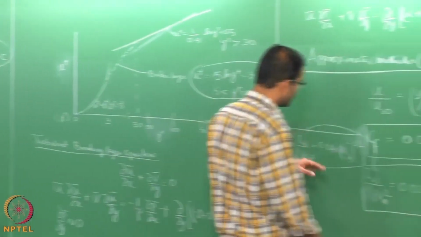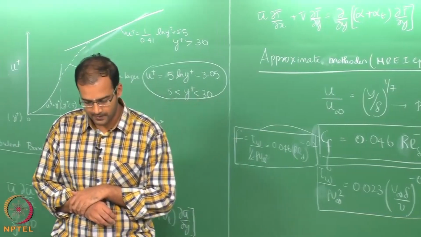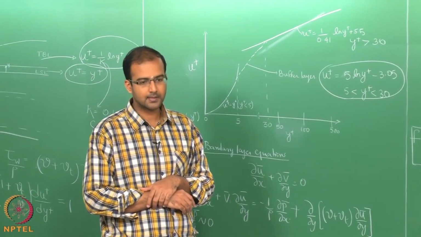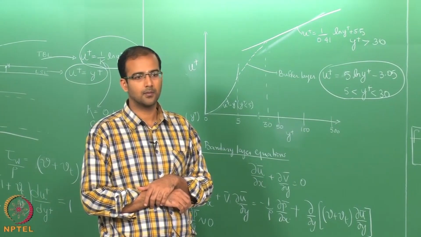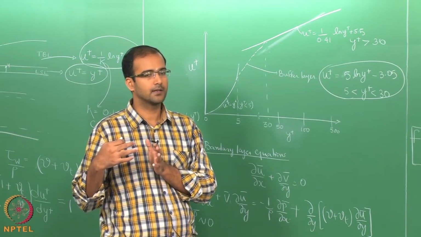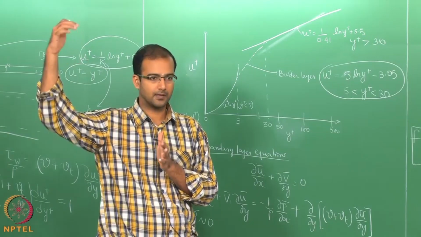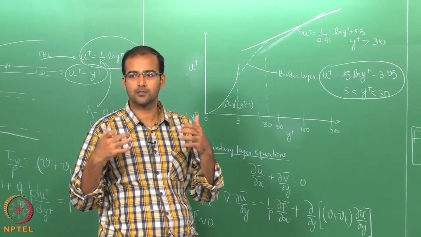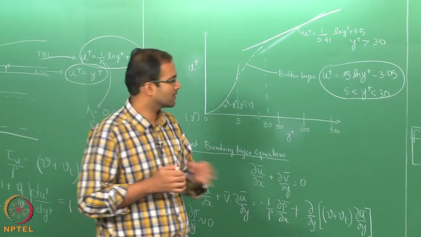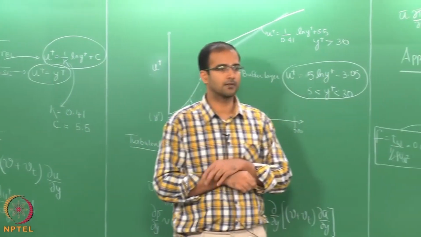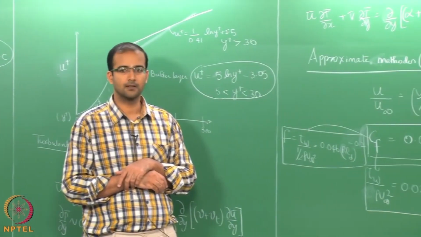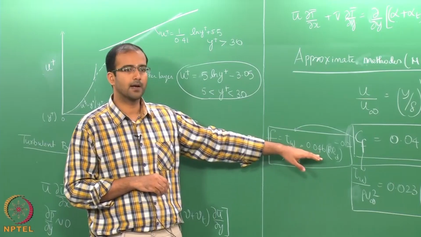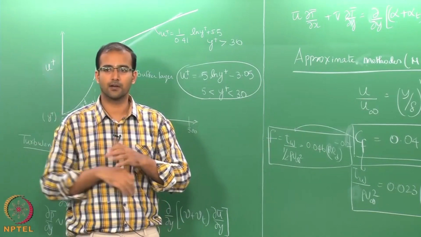Okay. So, these are the most famous relations that are used. If you look at the Moody's chart for internal flows, the turbulent region is also plotted as a function of the roughness of the surface. So, that is a more detailed expression, because in a turbulent boundary layer surface roughness also plays a very important role, and these correlations are basic, they do not account for surface roughness, right. So, therefore, the Moody's chart also expands this basic correlation to account for the effect of surface roughness,